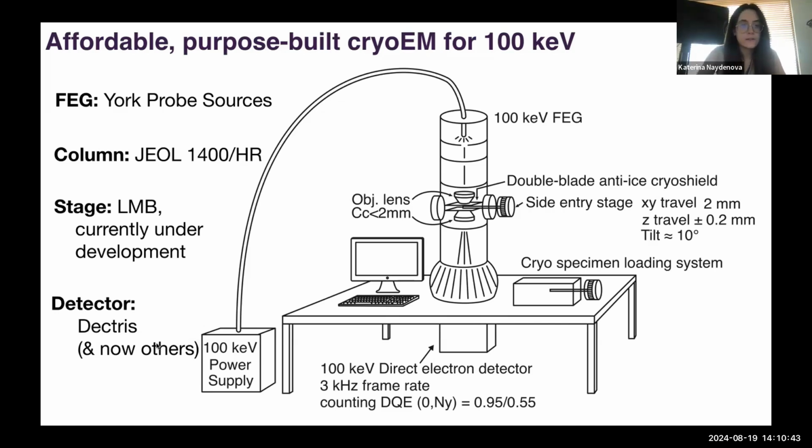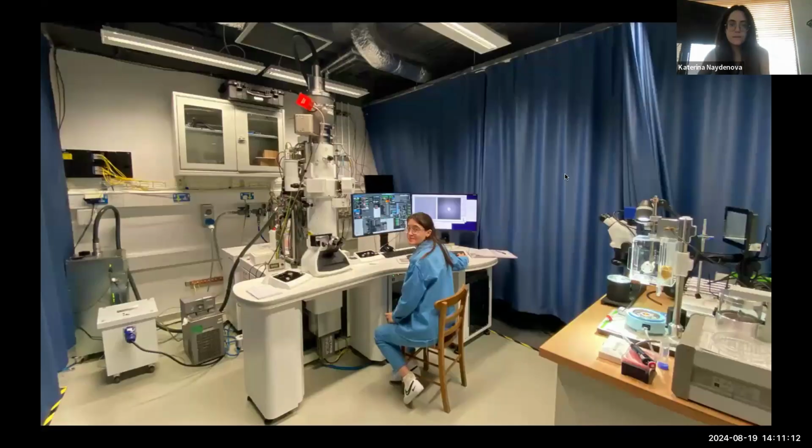And finally, for a detector, we used the detector from Dectris, which is a repurposed detector that was originally developed for detecting X-rays, but it turns out to be pretty good for detecting electrons with energy at around 100 keV. It has a very fast frame rate of around 3,000 frames per second and very high detective quantum efficiency, which is what we wanted. And from the drawing board, we managed to get the actual instrument within a few years, with the great help of all of our